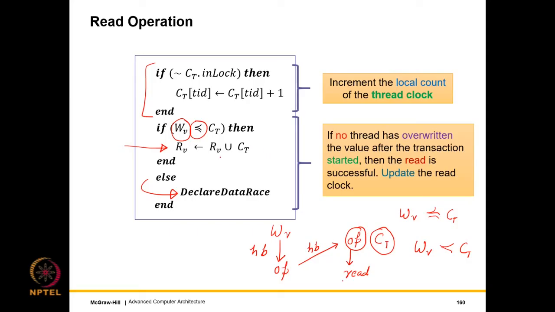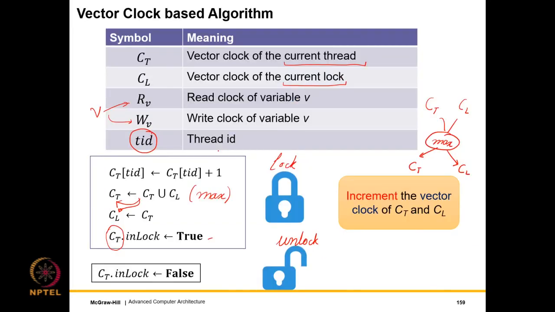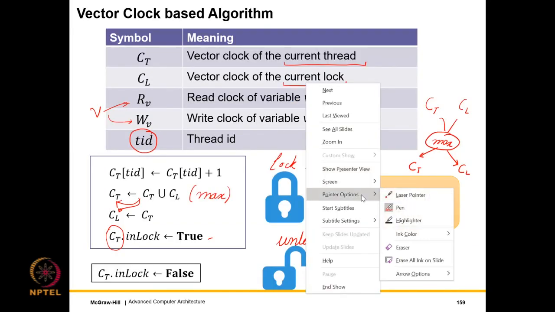In the body of the loop, we timestamp the value of the variable with the current time of the thread, which means that any subsequent access to the variable will definitely see the fact that the current thread had accessed the variable. That's the reason we compute RV union CT, which is something we always do. In this case, the union represents the max operation. And then we set its value to RV, which ensures that forever this fact is recorded, that this particular access was made. So now if we just come back, we can put this discussion in the correct perspective.